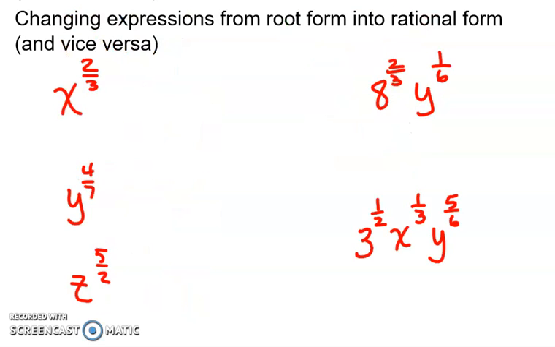So we're going to go the other direction here. So writing this in radical form, keep in mind that the denominator is the number that goes outside the radical. So the number here would be 3, and then this is